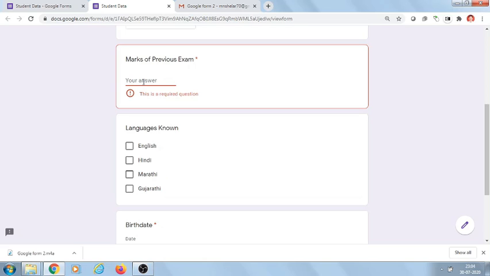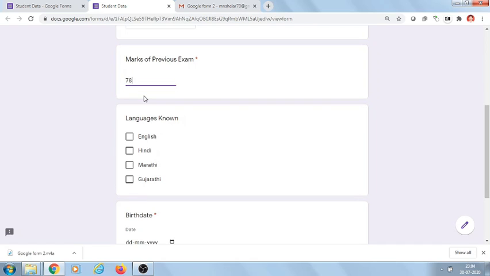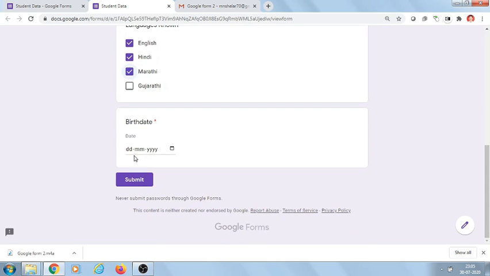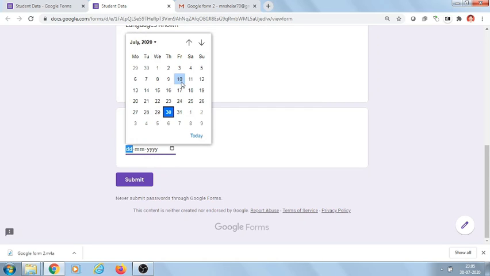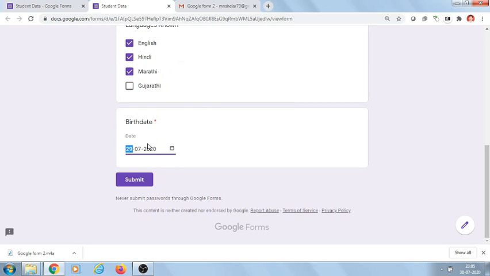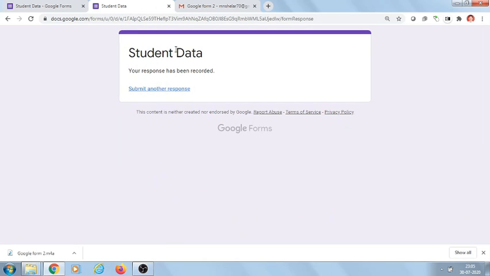If I try to enter a character, then it gives an error message, that is a validation. If I enter numeric data, languages known, as I can select more than one. Birth date, and submit. The response is submitted.